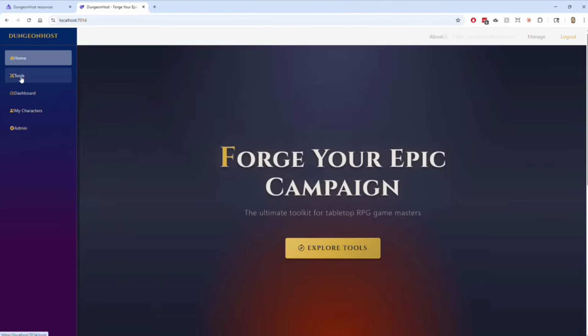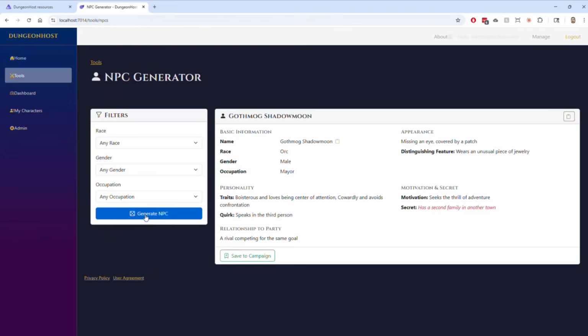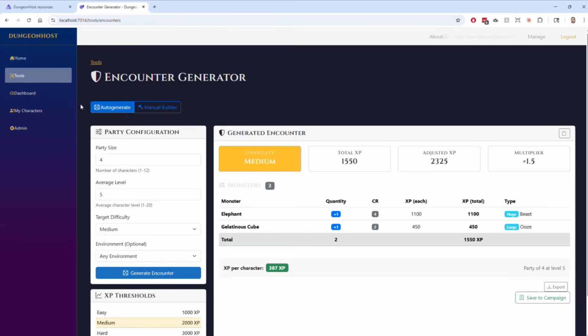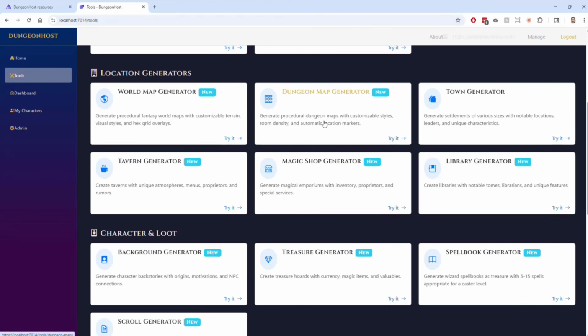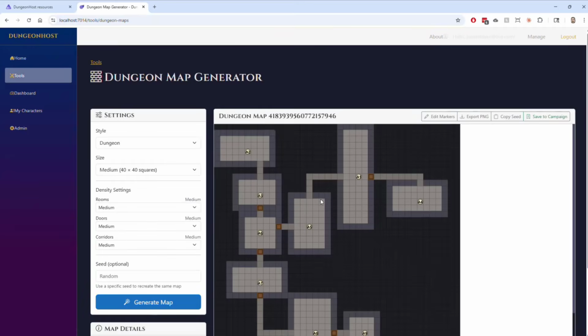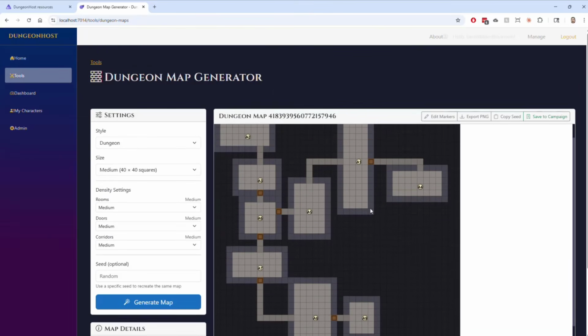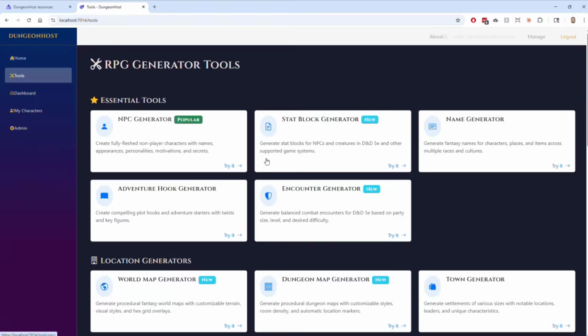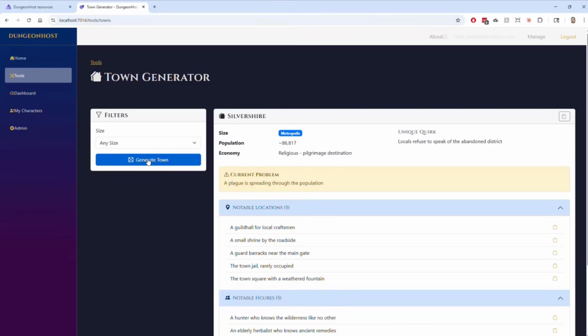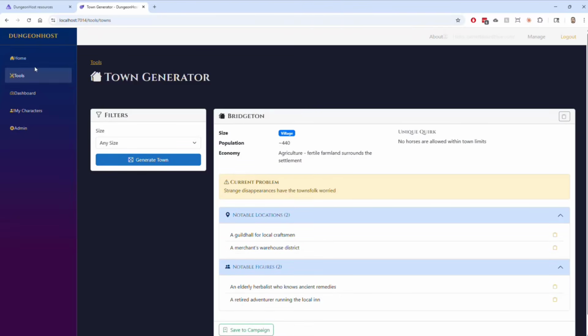And you can see I've got a bunch of tools here. For instance, an NPC generator, and I can just do that randomly. I've got an encounter generator here, can generate random encounters, so on and so forth. So let's see, there's the Dungeon Map. I don't think this works very well yet. Oh, I guess it kind of does. So a simple dungeon map generator here. I kind of forget where some of these have been left off because some need to be worked on some more. Like a random town generator, that kind of stuff. So there's a bunch of different tools here.